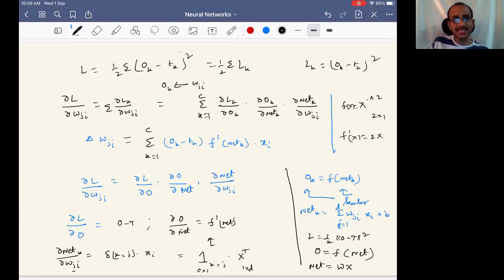Essentially I will just quickly summarize or complete here and we will discuss further. (O minus T), taking care of the dimensions, dot star f', because both are C cross 1. Please note that so far it is C cross 1. Then into ∂net_k/∂w_j, which is C cross D. Putting the whole thing together, what we get is C cross D, which equals the dimension of the matrix.